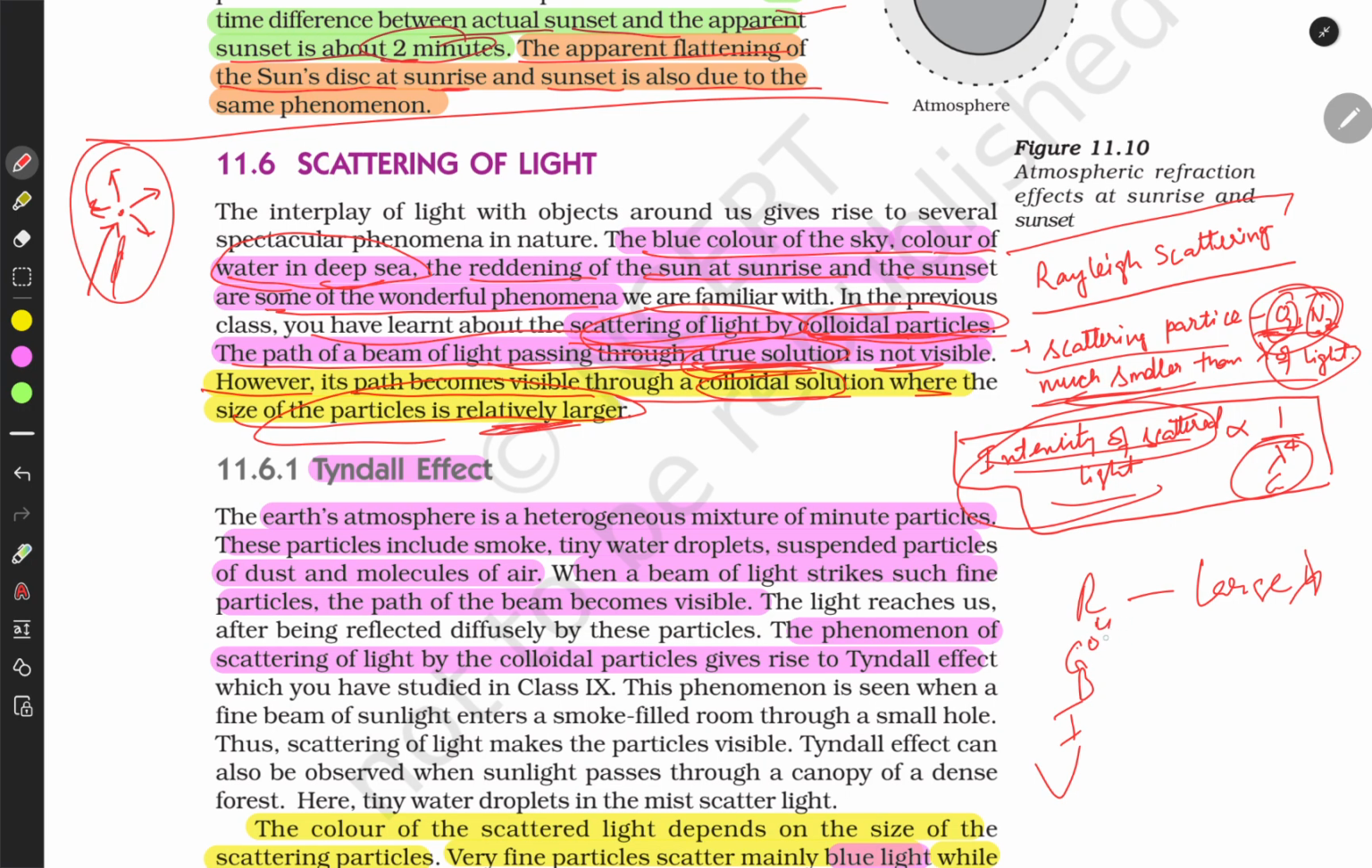small wavelength. This is VIBGYOR. Red has a large wavelength and violet has the least, a small wavelength. We are doing a comparison, so the wavelength increases this way. By this law, red has a large wavelength, so its intensity of scattering will be very low. This light will not scatter, so it will come directly to the earth and will not scatter in